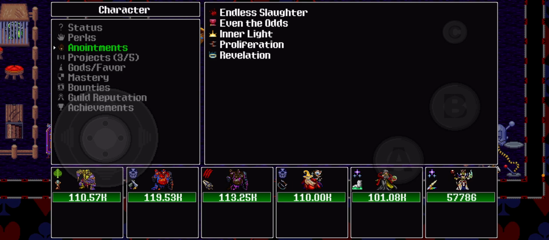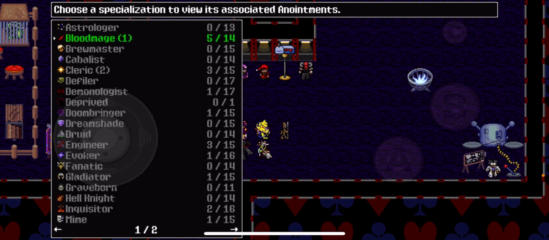This isn't really that defensive of a team, ideally. I mean, that defensive of a specialization. But again, you do wind the enemy down, wear them down with debuffs and stat losses and so on over time. So there's not quite such a need for the 3 cleric anointments here. So as it is, again, Bloodcake's Blade, we got